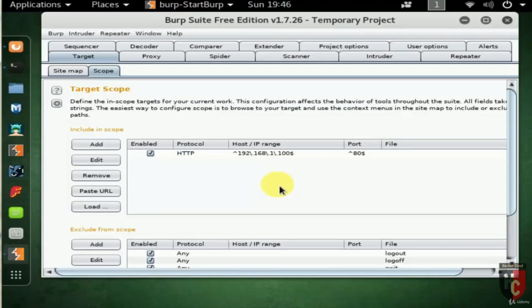Defining the scope of the assessment in Burp Suite affects the way it operates when interacting with web content. The Burp Suite configurations will define what actions can and cannot be performed on objects that are in or out of the defined scope. Okay, that's all about defining a web application target with Burp Suite.